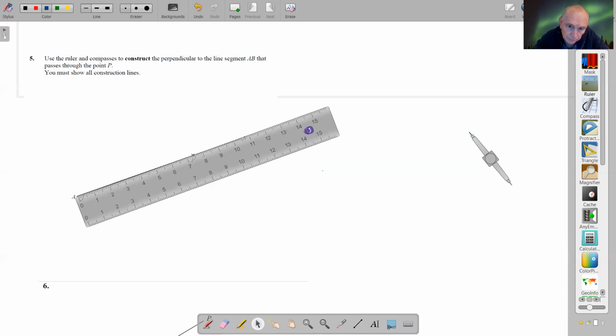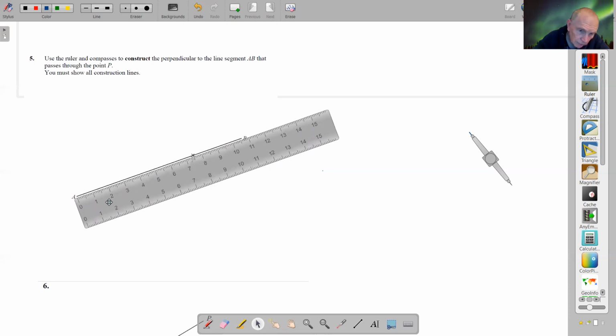There we go. Now I'm looking at the length of this. Try and get it exactly right. So this length here from A to P looks like 7.5. So if we extend this line up here,